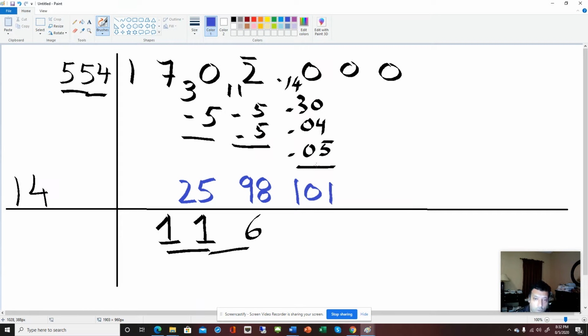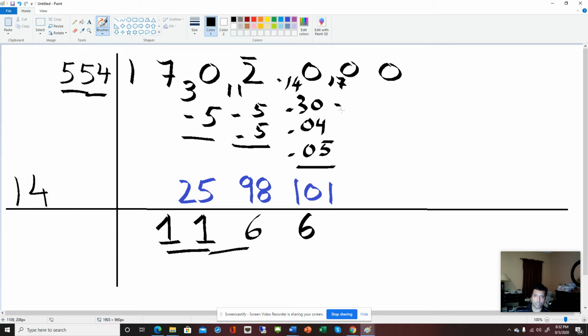How many times does 14 go into 101? Again, I'm not going to say 7. It's going to be too little left over, so I'm going to say 6 again. So 14 times 6 is 84. So 17 is left over because 101 minus 84 is 17. I'm going to put a 17 here